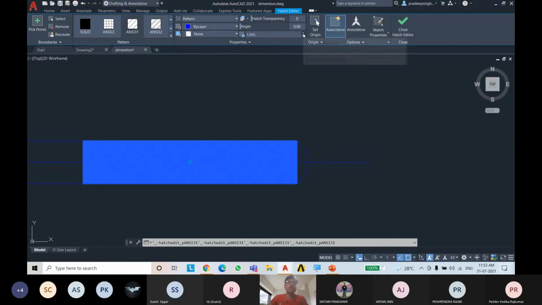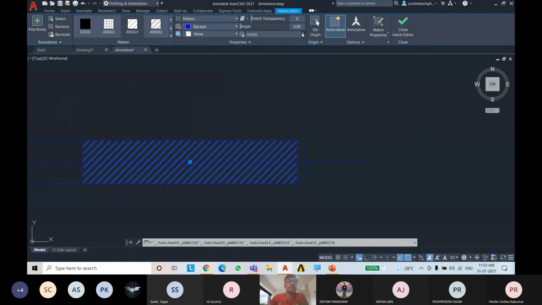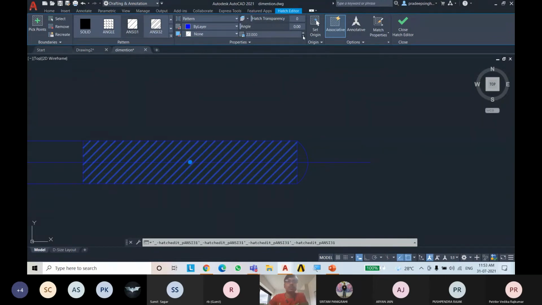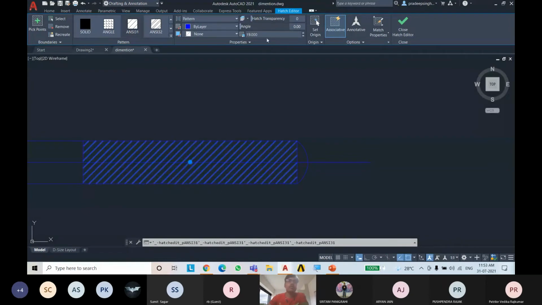If you want to change the pattern, you just click here. You can see that some changes are being done, and some spacing has occurred. You can increase the spacing between these lines using this, or decrease the spacing using this.